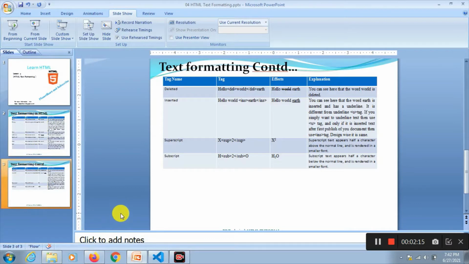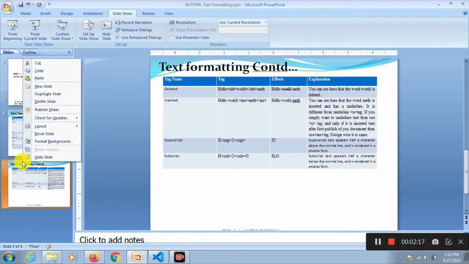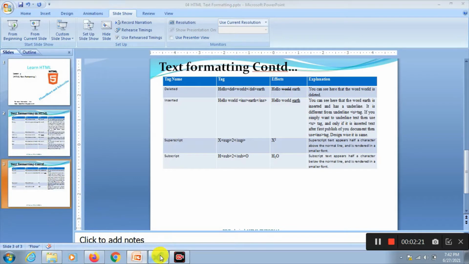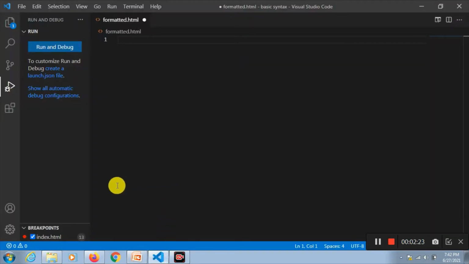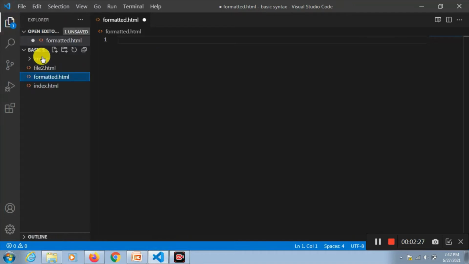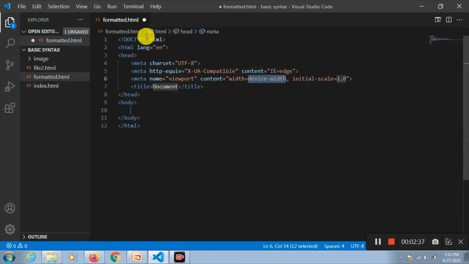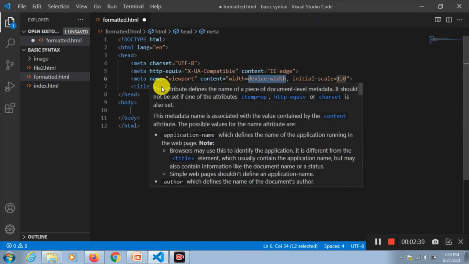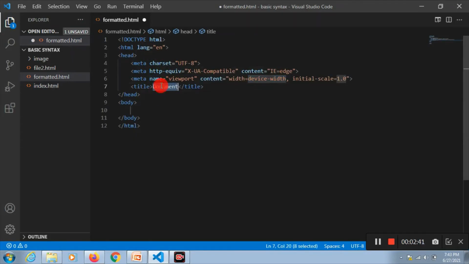For that I am going to VS Code. I have created a new file called formatting.html. Here I am going to type the same thing that we have been typing, HTML5. Our code has come. Let's change the header title.